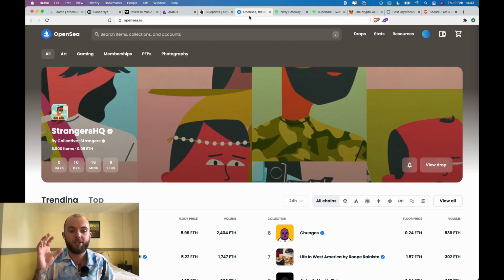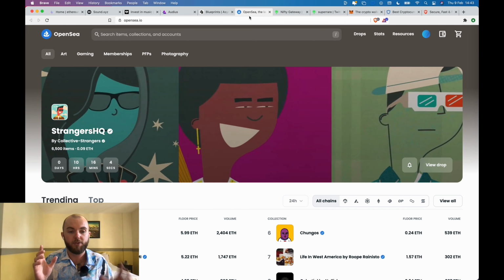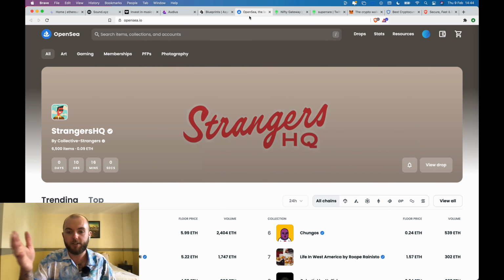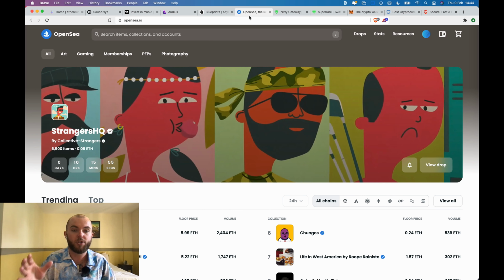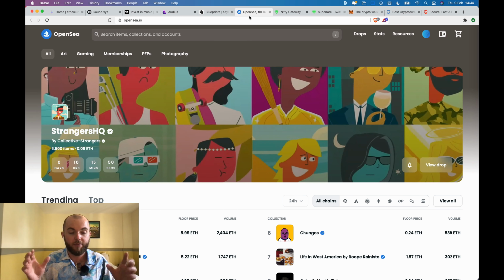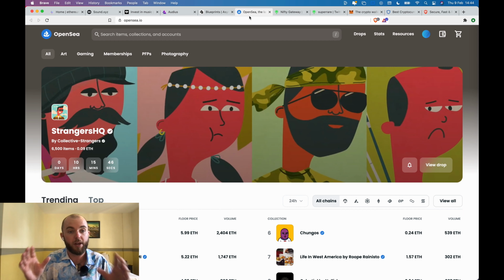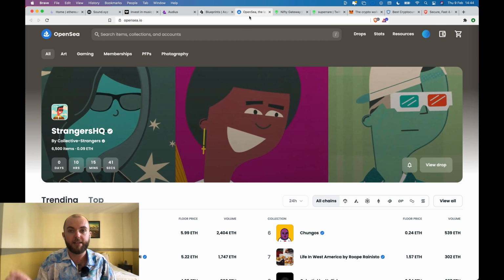OpenSea is the largest NFT marketplace by some distance. However, a large amount of this volume is coming from JPEGs, different collections, as you can see on the screen here. They have branched into the space and have an exciting partnership with Warner Music Group. But if you are purely wanting to be discovered for your music, then there is a lot of competition on here that you're going to be dealing with, and not everyone on this platform is looking for music NFTs.